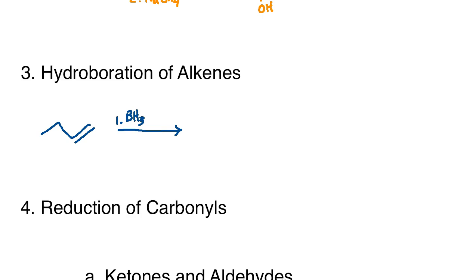But you have the borohydride, and then a lot of times you may see something like THF. That's a tetrahydrofuran. That's a solvent that you are using with the borohydride. And then in step 2, this is also a two-parter, you're going to need a source of peroxide, hydrogen peroxide usually being the most common, and then a base. So you'll usually use hydroxide in order to make this an alcohol functional group. So if you do that, what you'll end up with is the alcohol on this end right here. So your alcohol ends up on the less substituted position, the primary position, and this is the